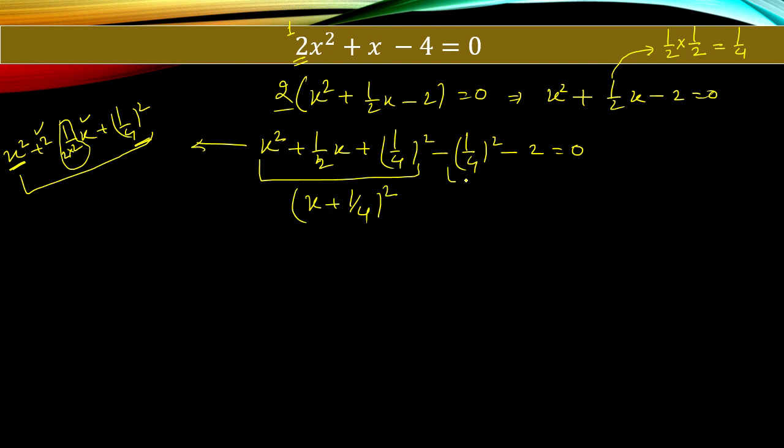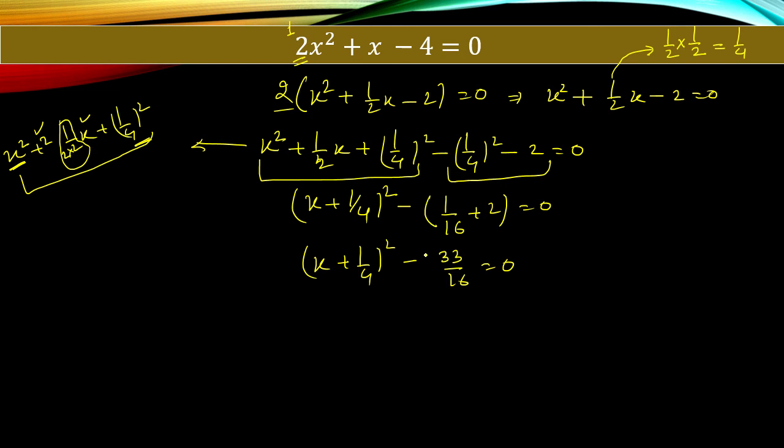Now we are finding these both terms are negative. If we are taking minus 1 common, so definitely we will get 1 by 4 the whole square, that is 1 by 16, and plus 2 inside the bracket. And now this is x plus 1 by 4 the whole square, and now the second term must be 33 by 16 is equal to 0. If we are changing this term in a square, so we can say this is root 33 by 4 the square. And now first term is x plus 1 by 4 the whole square as it is.